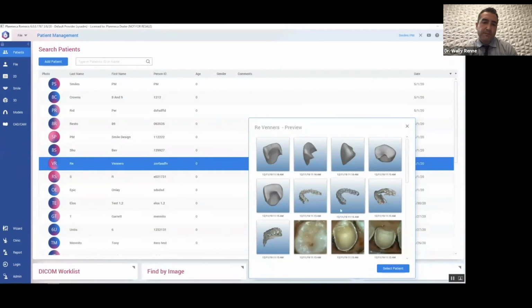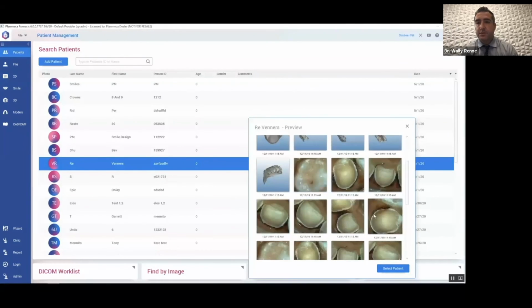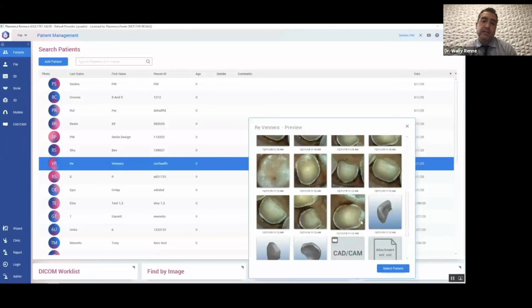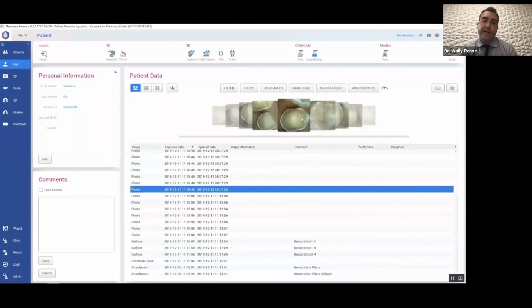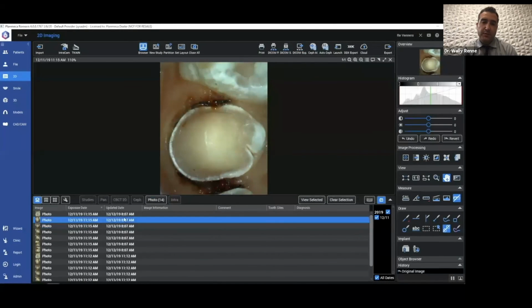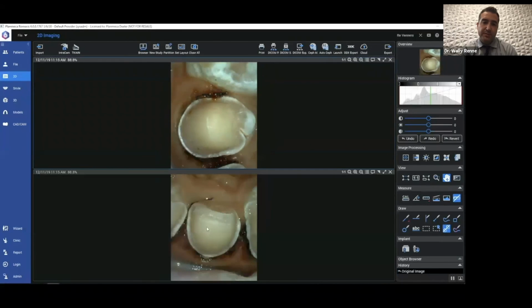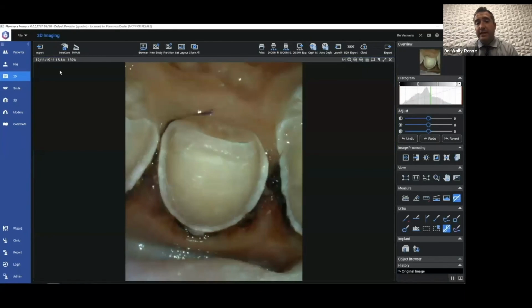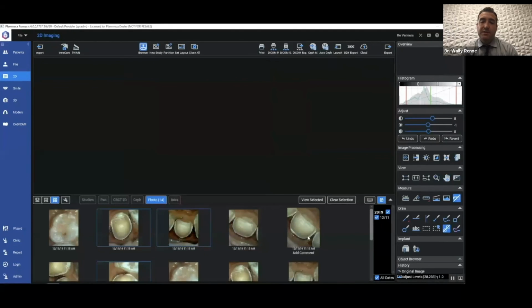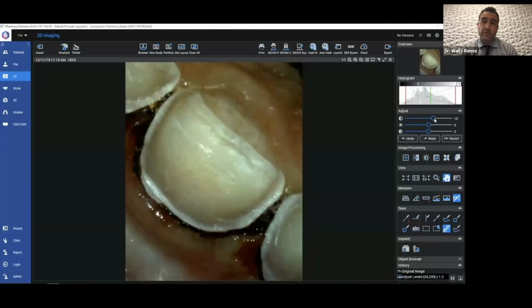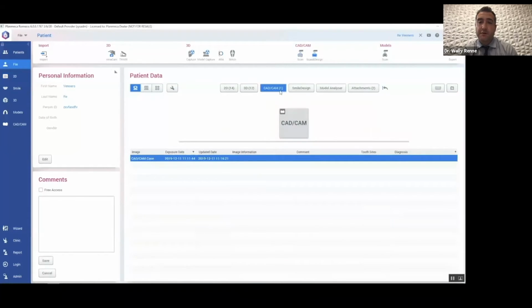And so you could jump from 2D radiographs to 2D intraoral photos. In this case, these photos were made with the Emerald scanner by hovering over the tooth and snapping some photos during the 3D digital impression. But you could see how we could jump from photo to photo. We could edit contrast, we could annotate, we can measure. There's basically nothing that you could think of that's not included in the software that you could do with your